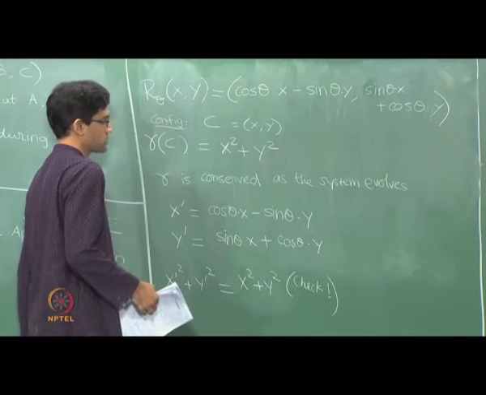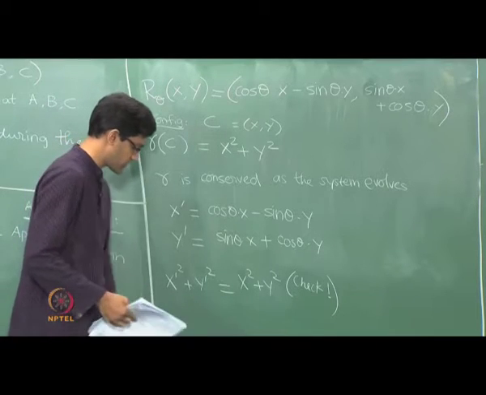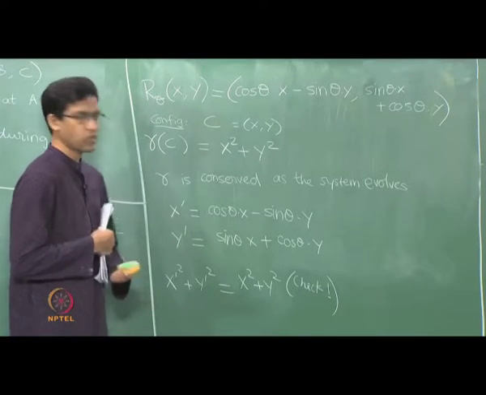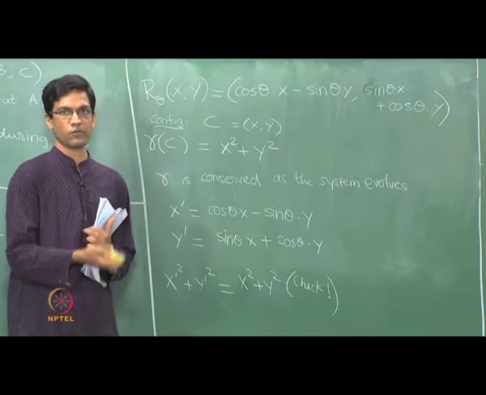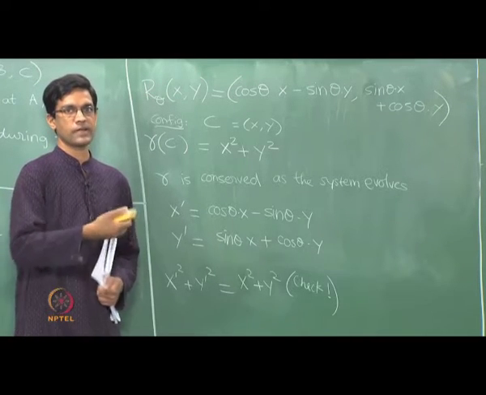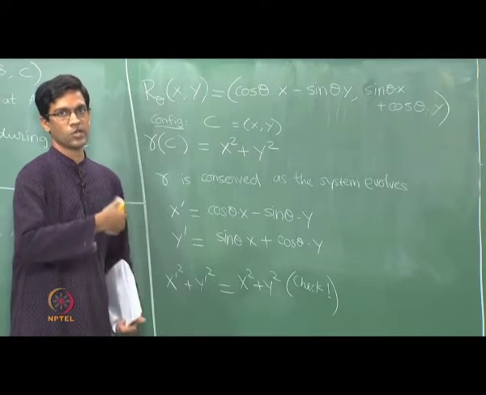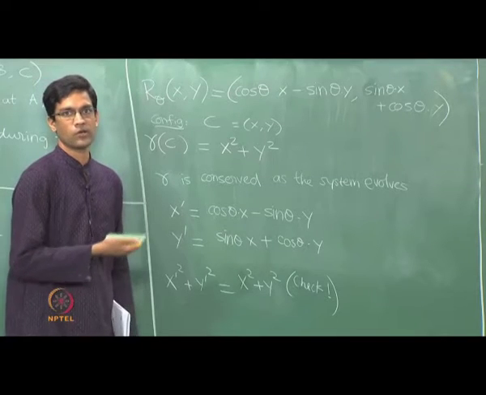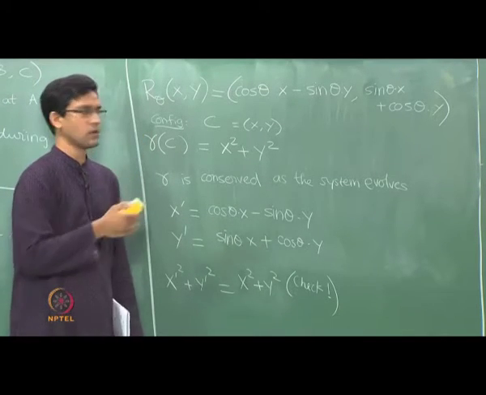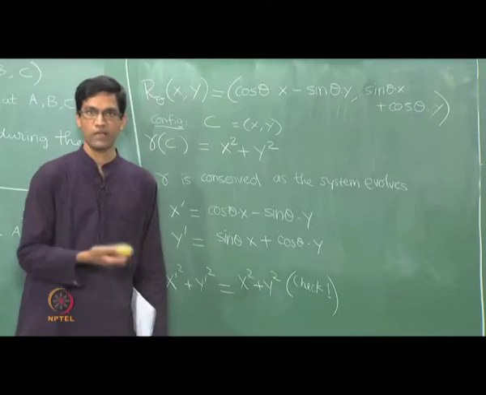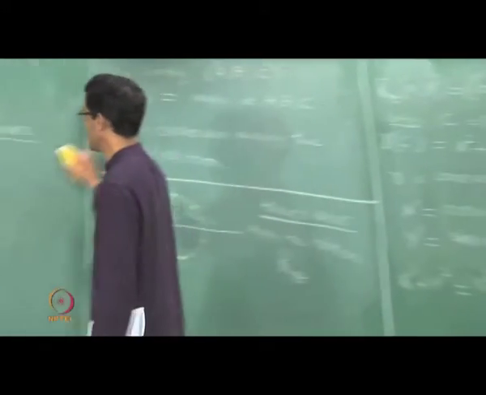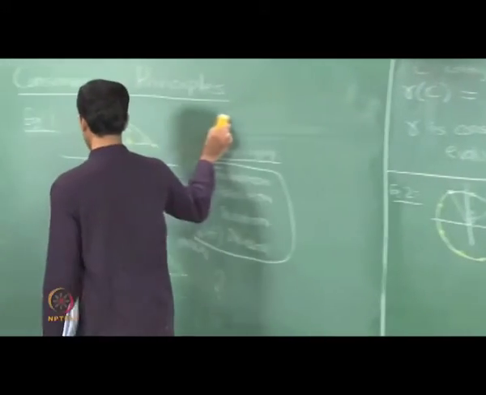So for instance, this in particular proves that if as the system evolves, you start out with a point at a distance 5 from the origin, the system can never reach a state where that point is now at a distance 10 from the origin. Okay, you are constrained to stay within the distance 5 from the origin. So those are the only possible configurations that you can reach.